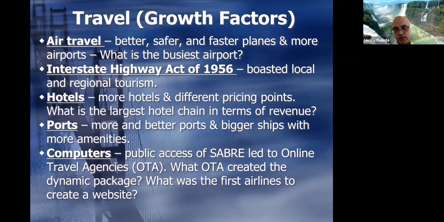Well, you guys don't remember because you aren't old enough, but we used to have to go to a travel agent back in the day, and the travel agent is the only one besides the airlines that would have access to Sabre. And this was basically an online computer system letting you know when flights left a certain city, where they were headed, and when they were going to land in that other city. And then eventually, online travel agencies like Expedia got access to Sabre.